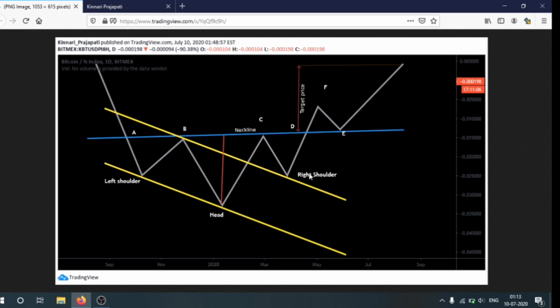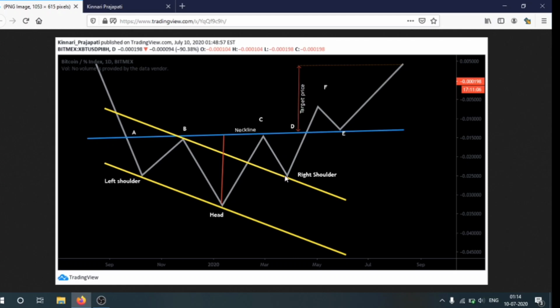The incline from the peak of the right shoulder should break the neckline. So, what is the neckline? You can see this blue line, this is called the neckline. This line can be drawn across the top of the left shoulder, head and right shoulder. A break of this line on the incline from the right shoulder is the final confirmation and completes the formation.